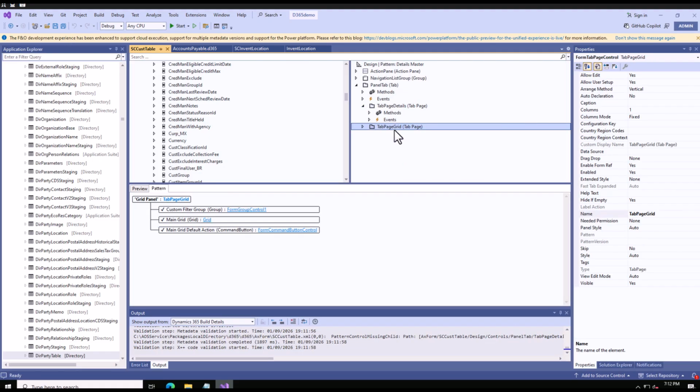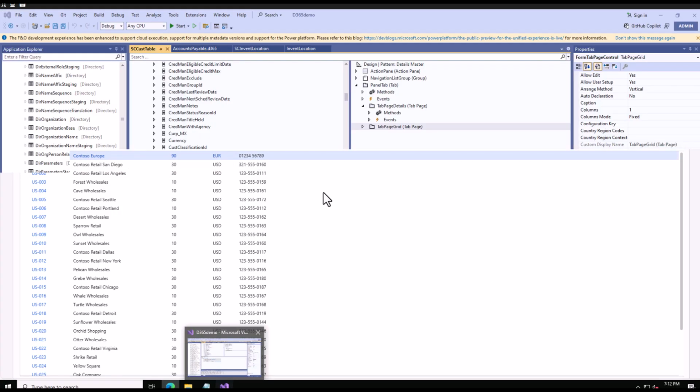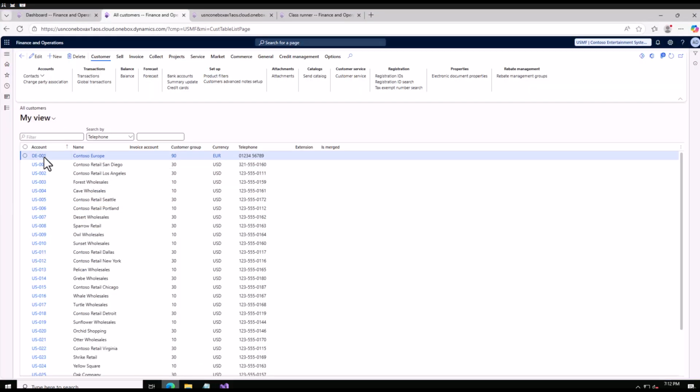So if you see, this grid is completed. This part is completed. I haven't added all this bunch of fields. So I can come here now. This grid is completed. Now I can focus exactly on this one. So when I open this,